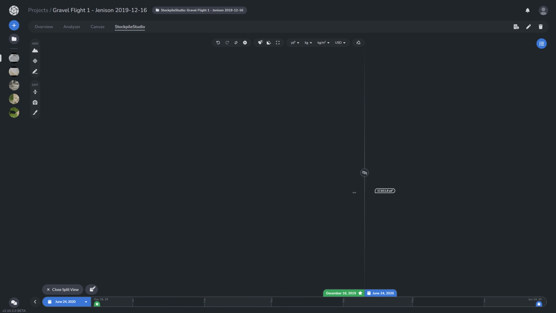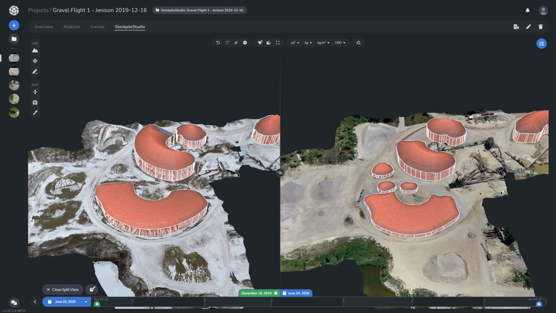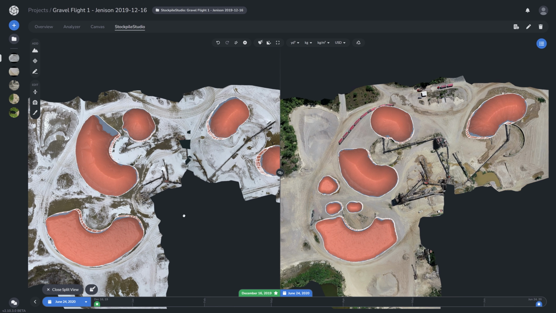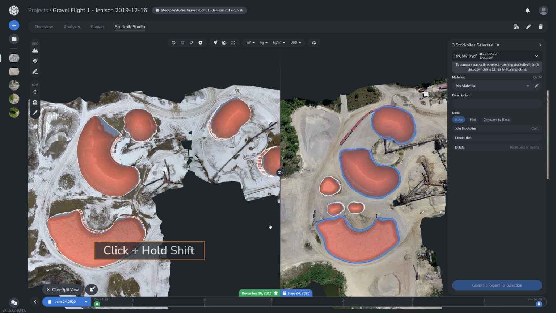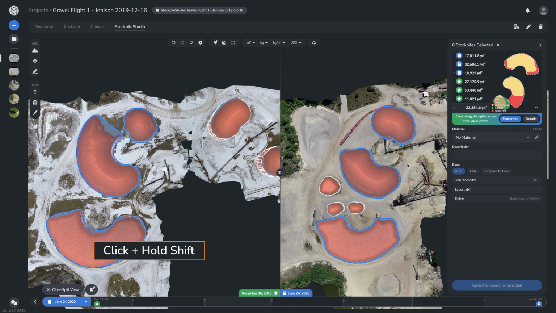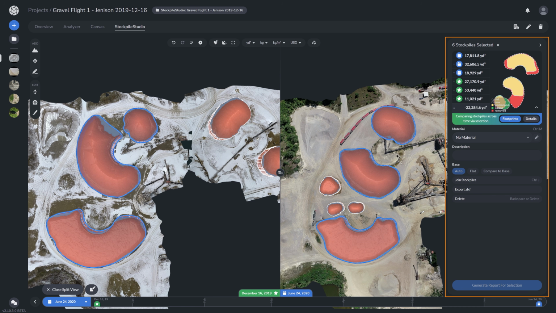While visual comparison is valuable, the true power of StockpileStudio lies in quantifying changes over time. To compare two or more stockpiles between projects, select your stockpiles in either of the projects by holding Shift. Upon opening the inspection panel, you will be able to see a direct volumetric comparison and a detailed footprint analysis